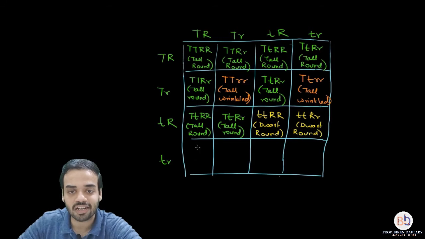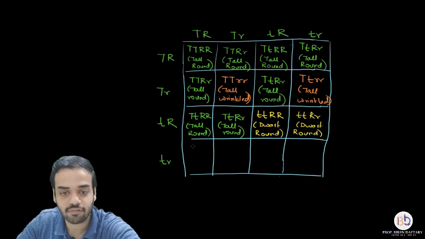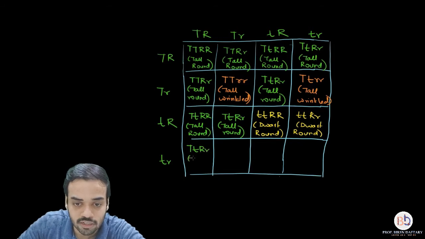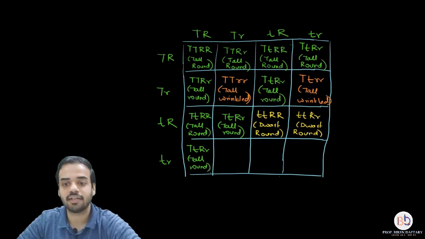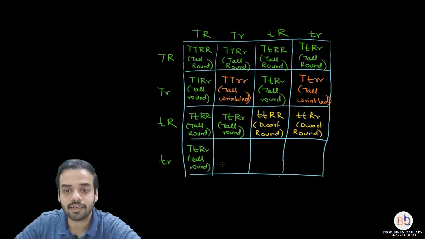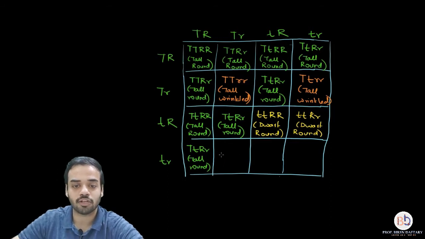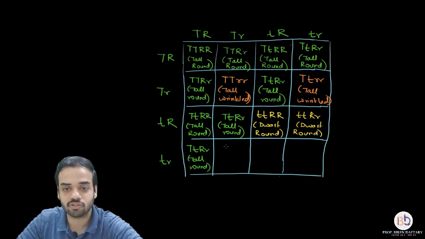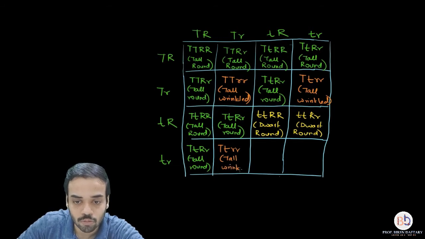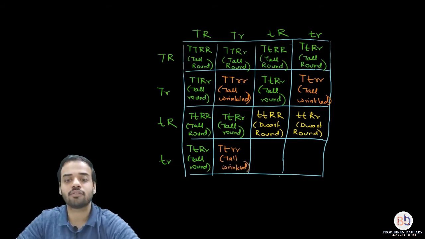Now coming to the last row, and again we have our dominant phenotype back, capital T, capital R, small r, which is again tall and round. Is that clear? Then the next offspring is going to be capital T, small r, so that is tall and wrinkled. So let us use the orange color again, capital T, small r. So we have got 3 tall wrinkled plants up till now. I hope the color coding is making it easier to understand.